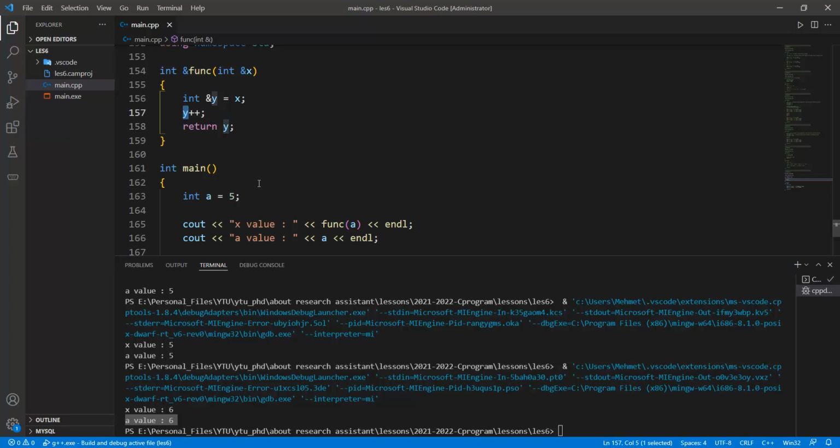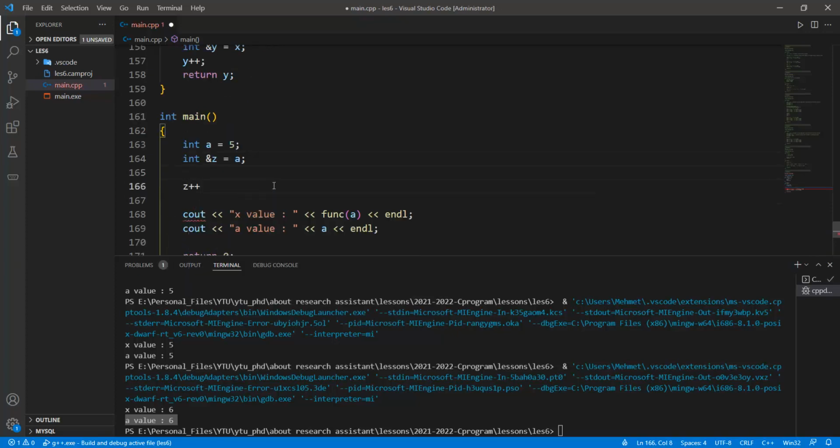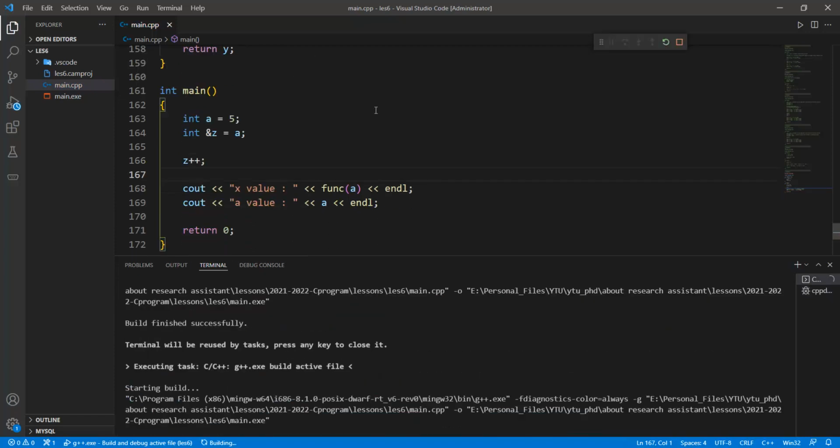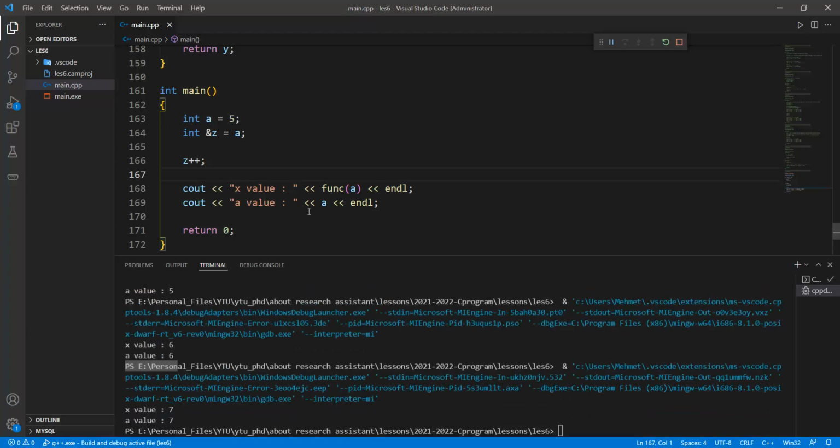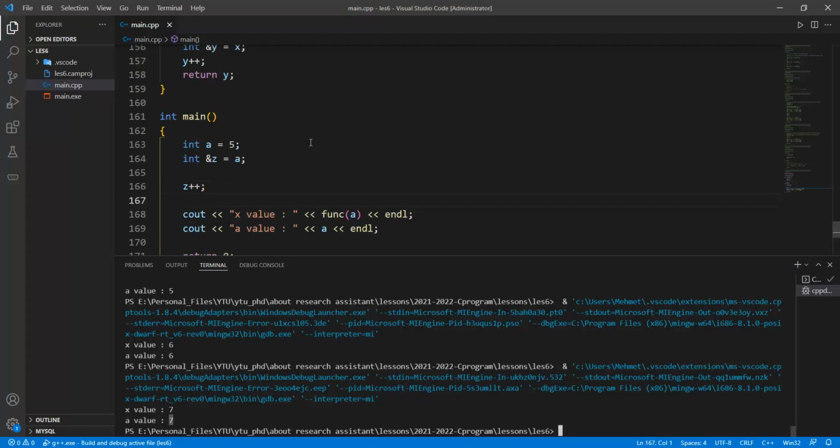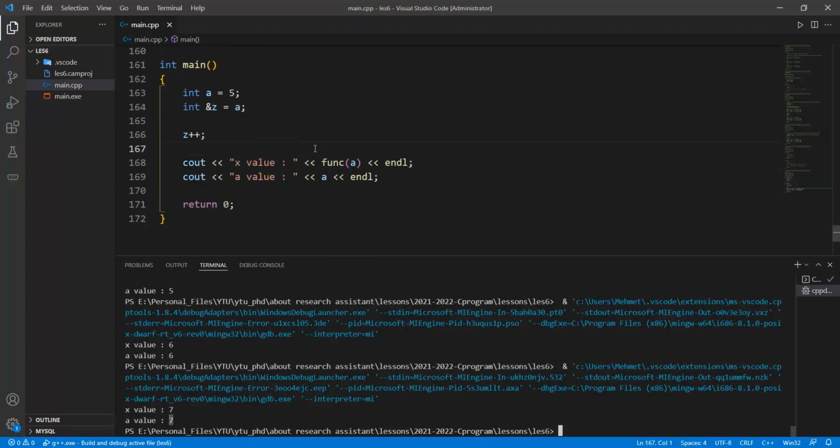and so what happens if we use the int reference z value equal to a, and so z or z plus plus at this moment? If I use this notation in here, both x and a value, 7, is updated. Okay,